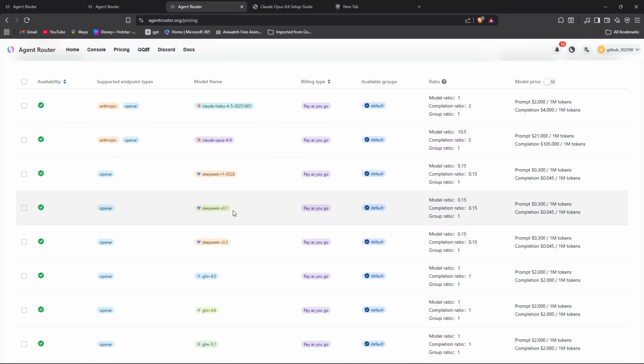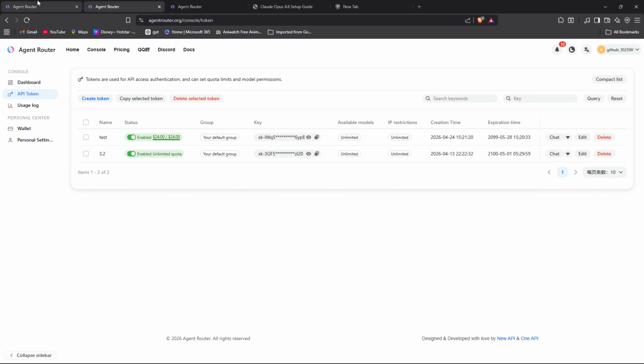But you guys can use VS Code using DeepSeek also, because this price is much less. Like one whole day I was using DeepSeek. Let me